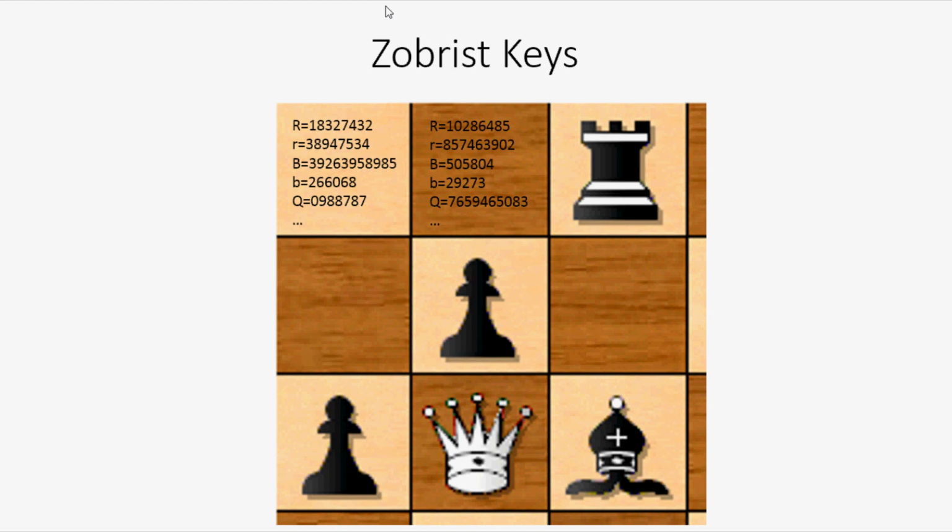There's going to be a number for each of the 12 kinds of pieces: 6 of black pieces, 6 of white. So here I have represented white pieces using capitals and black pieces using lowercase letters. So capital R would be a white rook, and so on. And I've only done 2 in this diagram, but each of the 64 squares would have their own randomly generated